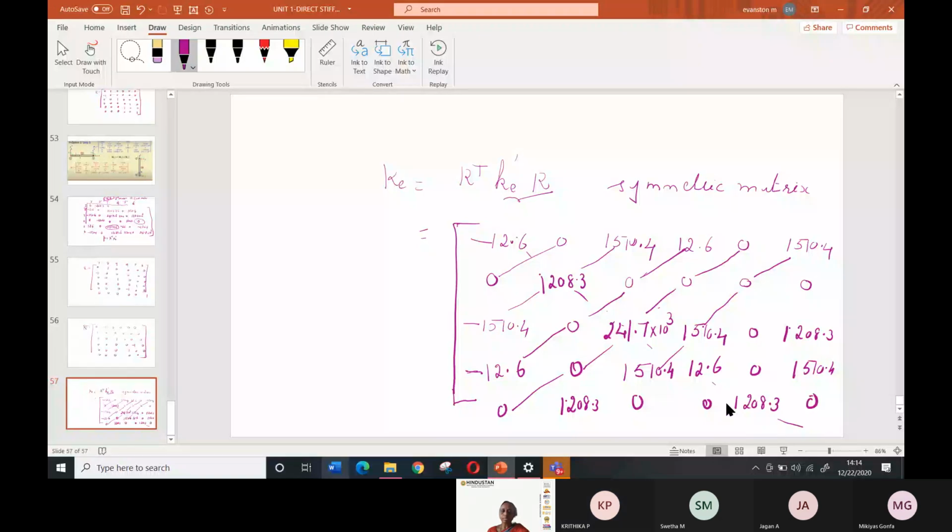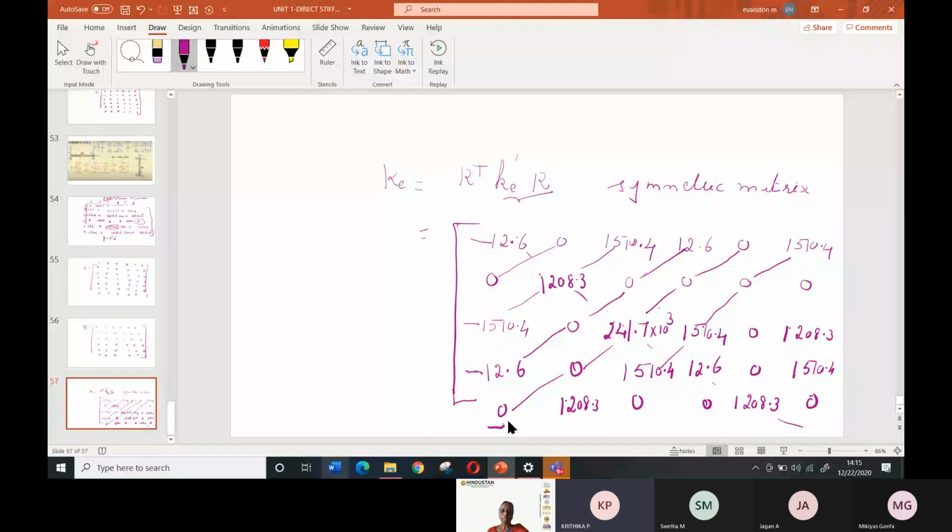So somewhere I missed something. This value and this value should be symmetrical. Ma'am, one more row is there, ma'am, on the opposite side. One more row is there. Okay. Then it will be correct. Okay. Then minus